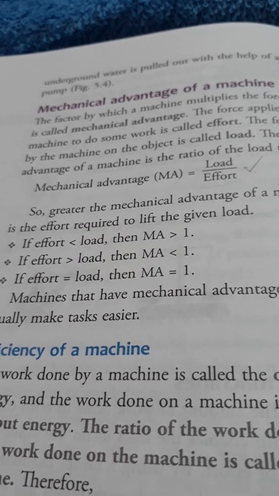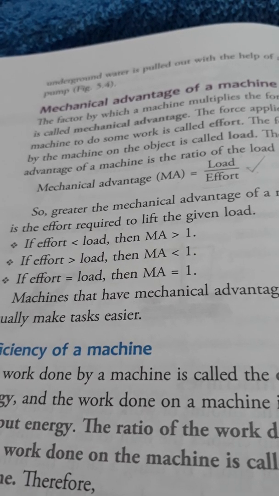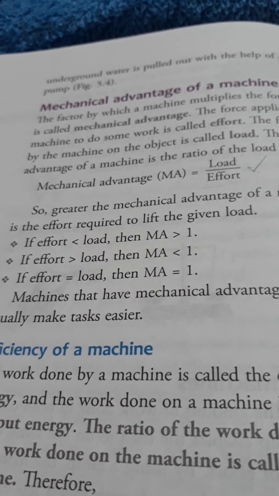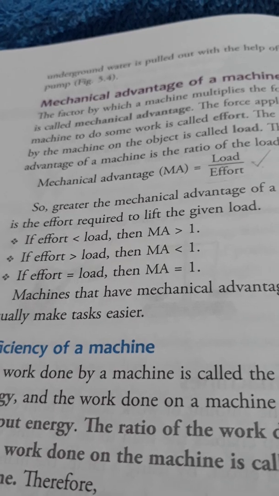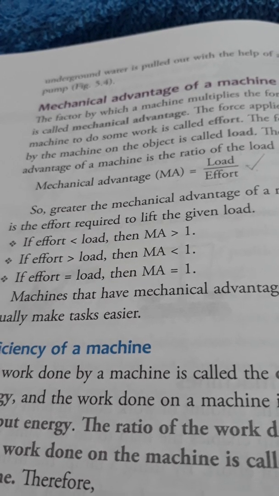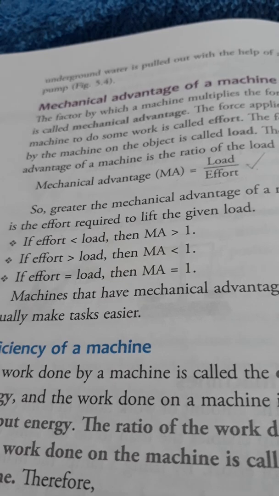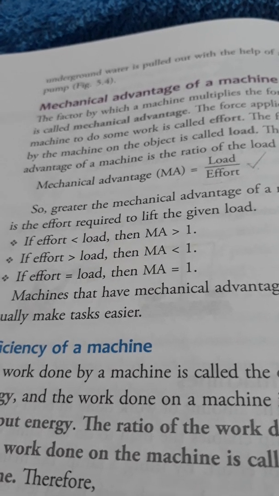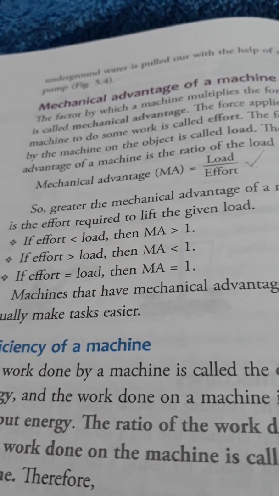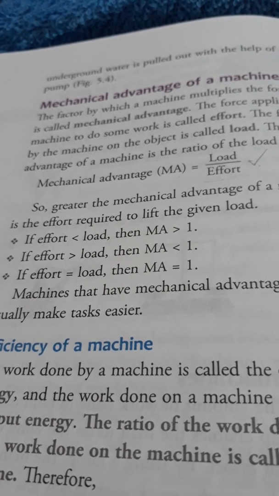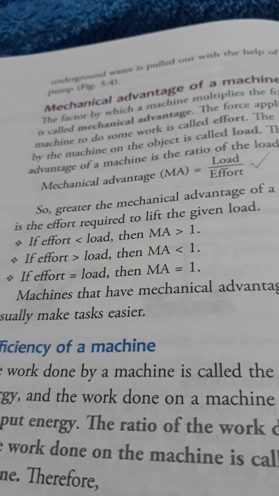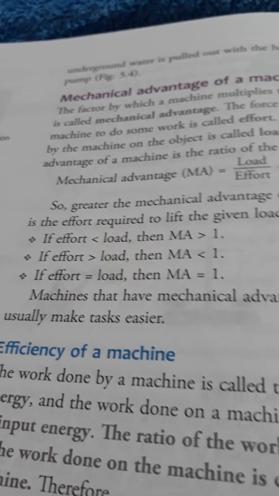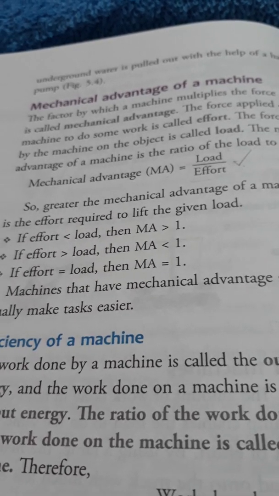In the case of a lever, we can use the length of the load arm and the effort arm to find the mechanical advantage. Do you remember what the effort arm and load arm are? The load arm is the distance of the fulcrum from the point at which the load acts, and the distance of the fulcrum from the point at which the effort is applied is called the effort arm. Another formula also comes from the principle of a lever.